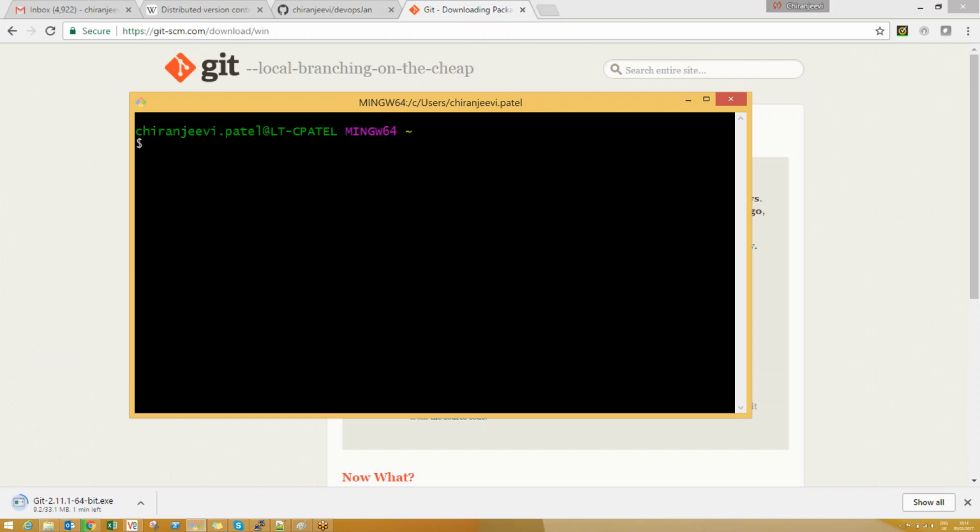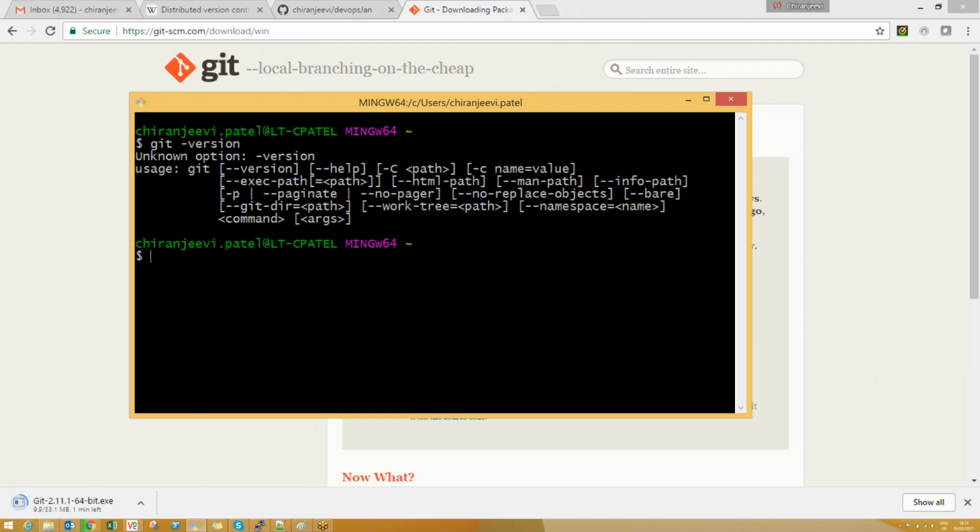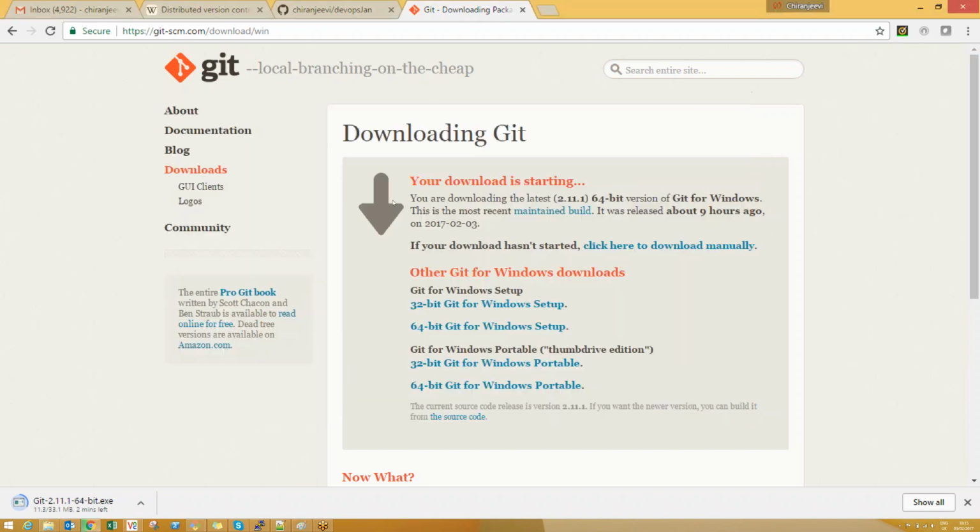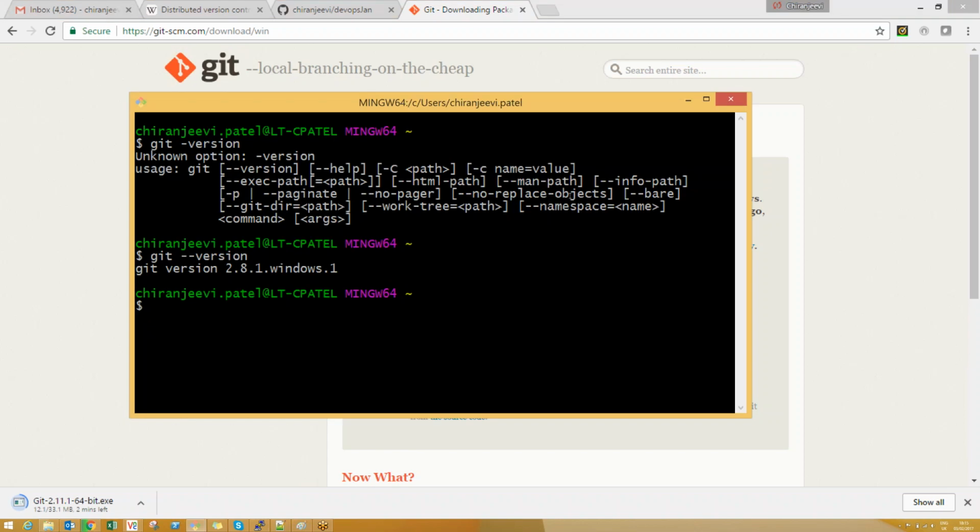Now you can run a command called git --version. I have downloaded 2.8.1. What is there at the moment? 2.11. So I have a slightly older one, but anything is fine. Once you have the git command or Git Bash available,